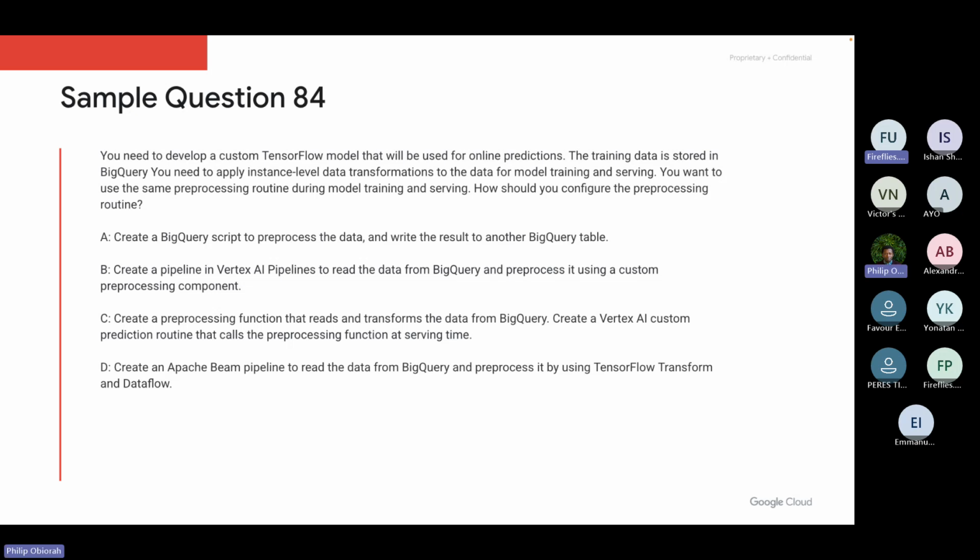What could be the answer? You should develop a machine learning model. So you need to apply instance level transformation to the data for model training and serving. You want to use the same processing routine, so you want to avoid model training-serving skew. Look at the keyword here. Apply instance level transformation. You want to also use the same routine, right? How do you configure this? So once you see this, you should just start thinking of the best way to avoid model